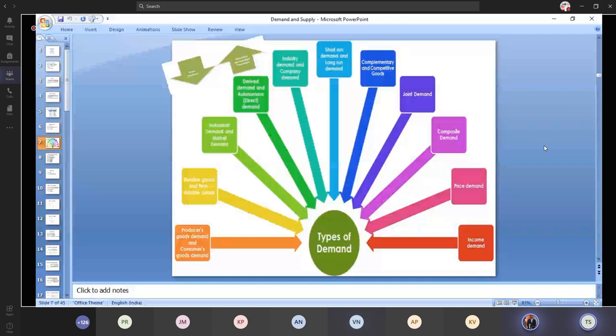Also, if you have bought a fountain pen, it's a direct demand, and you have to buy ink for that pen too. So that is derived demand. If you are buying some eatables, you also buy some tissues along with that. So one is direct, the other is derived demand. And if you buy some bread or snacks, automatically you go for some sauces or jam. So that is derived. Is it clear, guys?